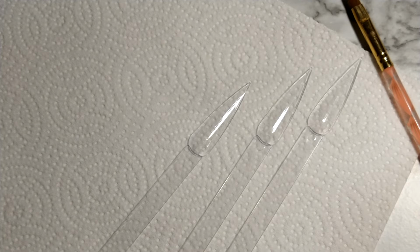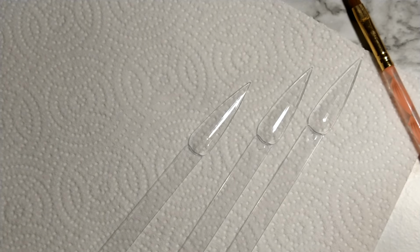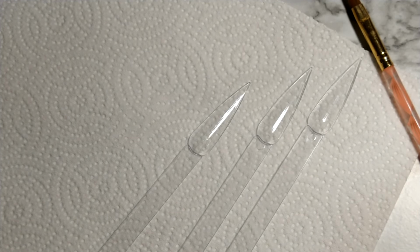So I'm going to show you what I do, and you can learn it this way and then develop what works best for you. So here's what the ombre is going to look like. I'm trying to get my phone to focus, sorry. Okay, so we're going to do this ombre, and basically,